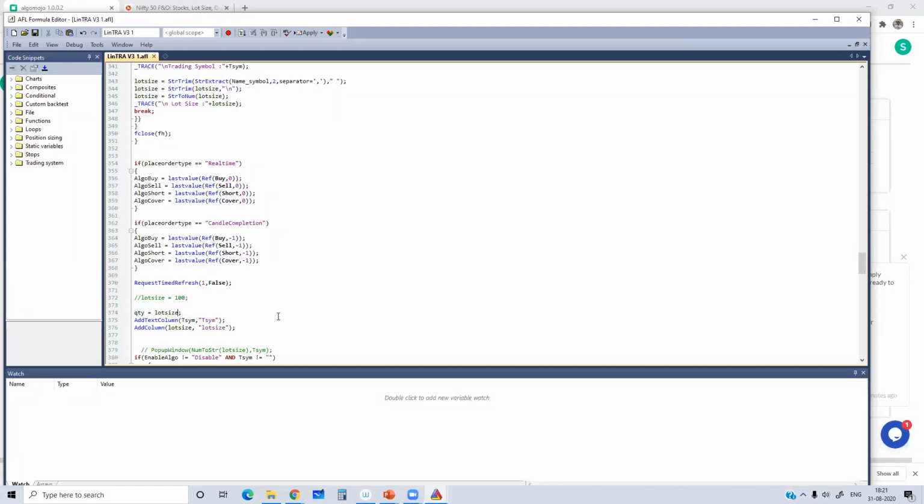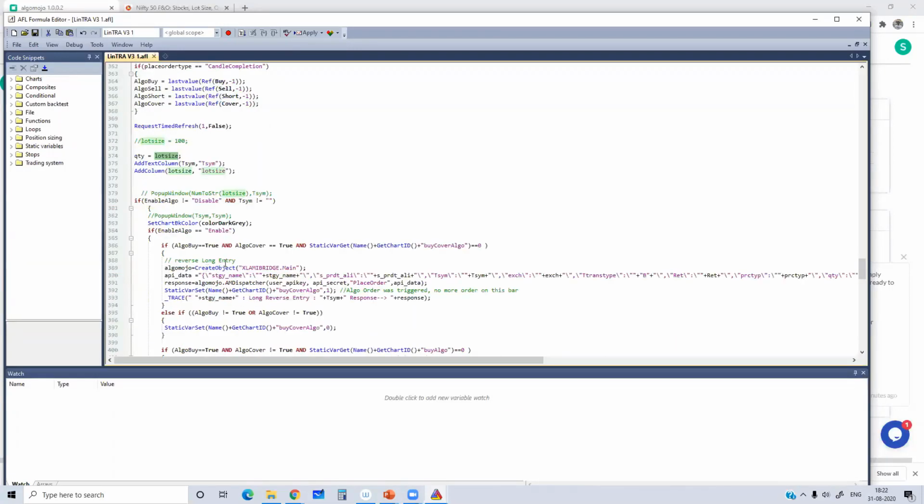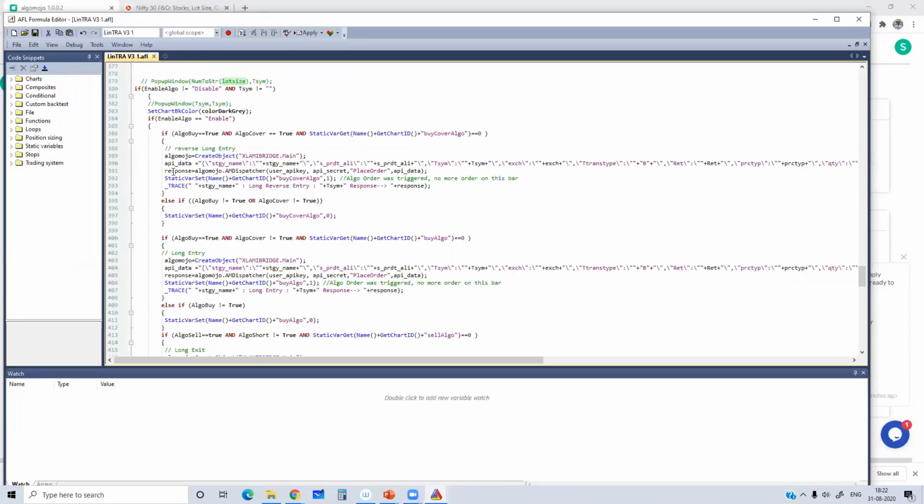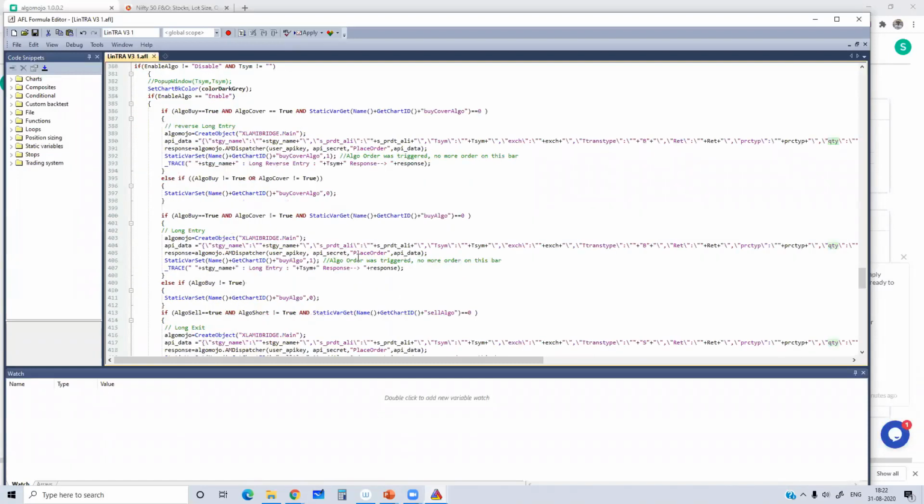As of now, the entire position size we can do only from the CSV alone. So CSV contains the lot size. Whatever lot size you're specifying, even if you want to set 2 lots in Nifty, you have to go to the CSV file, open it, and set 150 as the lot size there. So finally, the quantity contains the lot size and that value will be passed on as the position size in the order function.